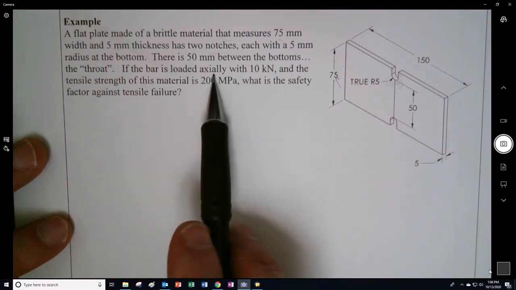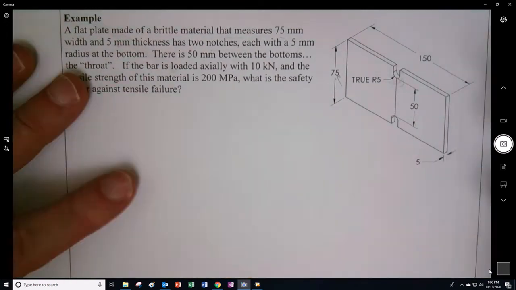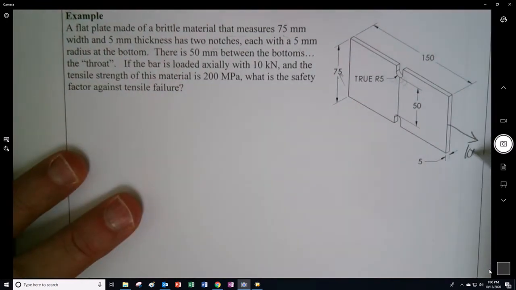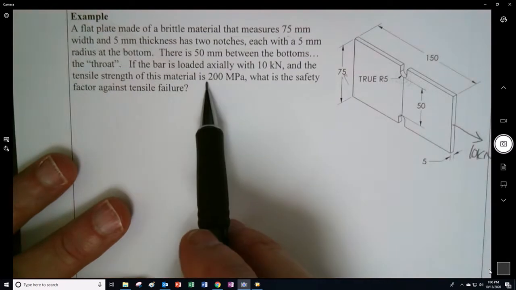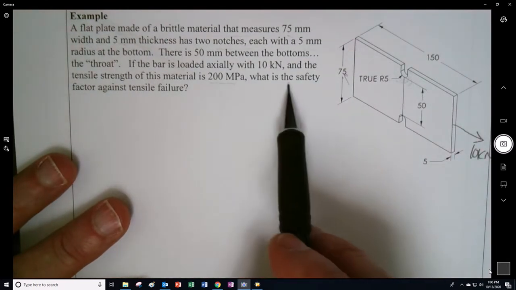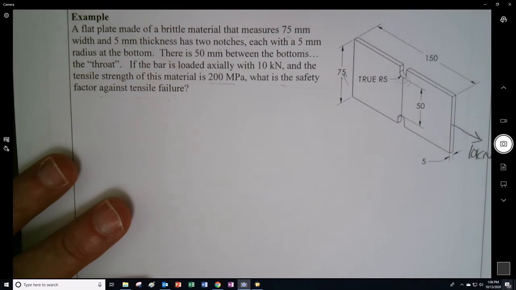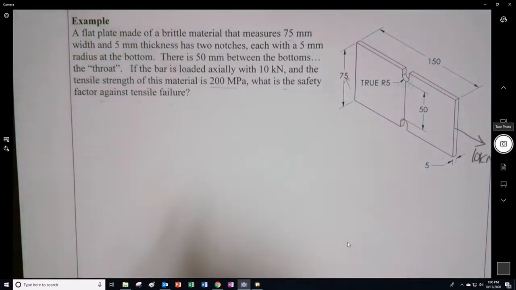And if the bar is loaded axially with 10 kilonewtons, coming out that way right there, and the tensile strength is 200 megapascals, what is the safety factor against tensile failure? Let me take a little pause here. Okay, and so